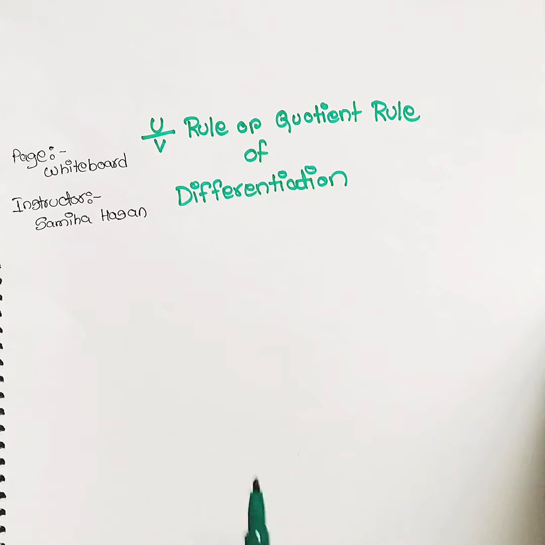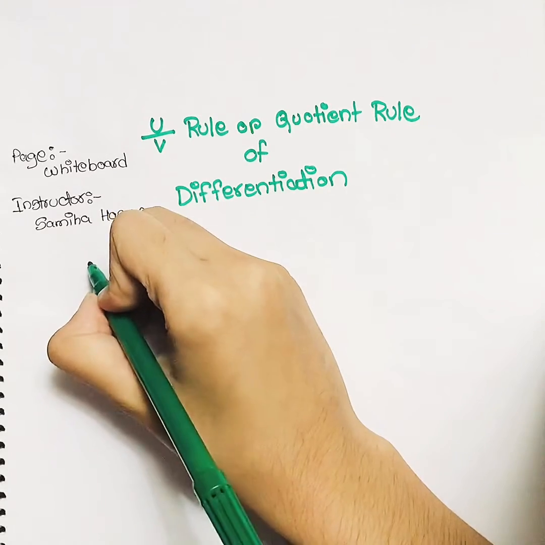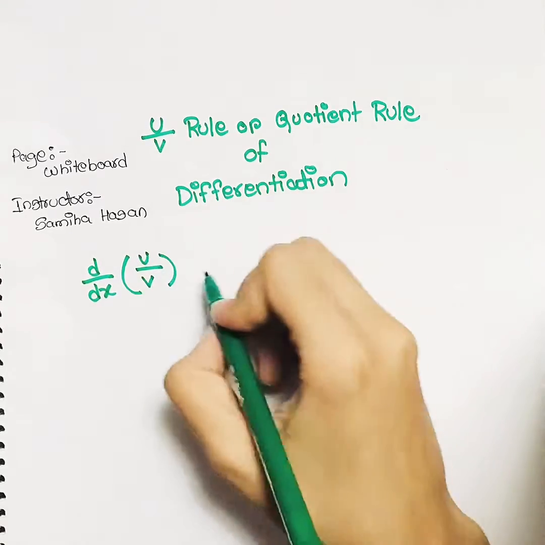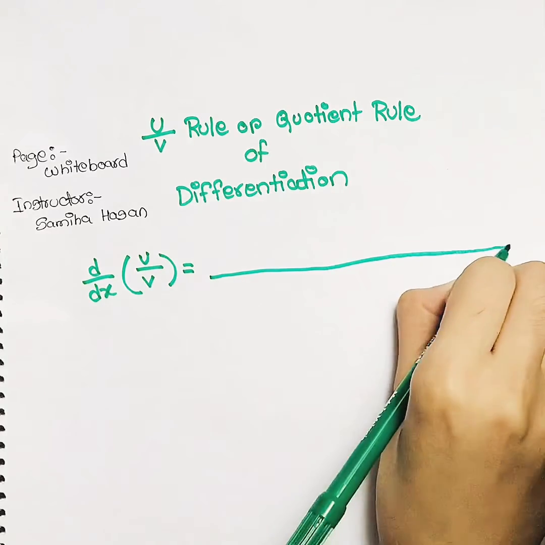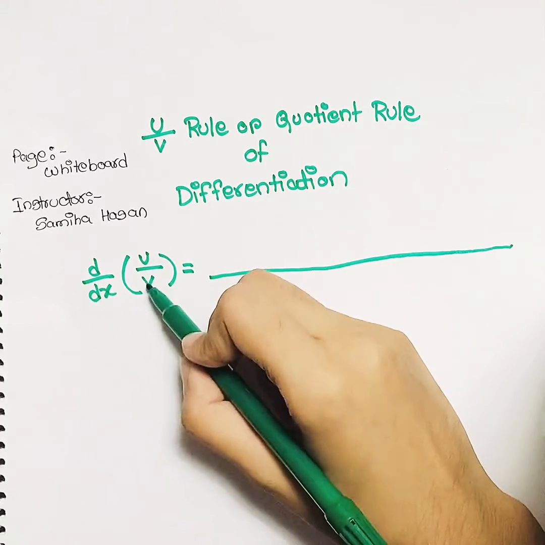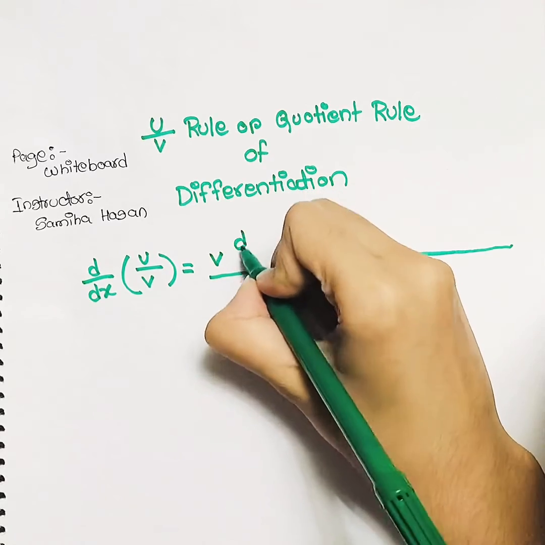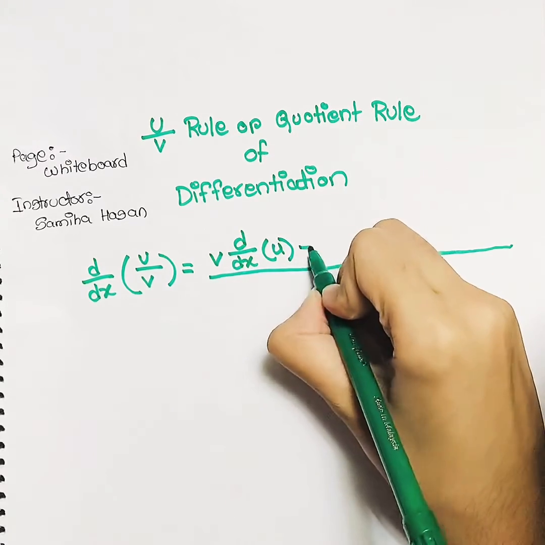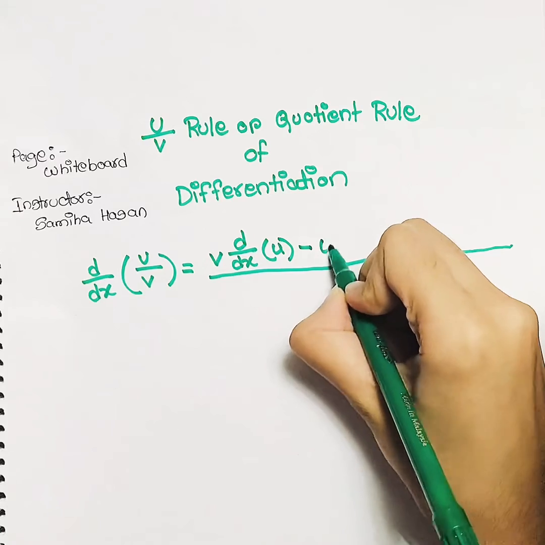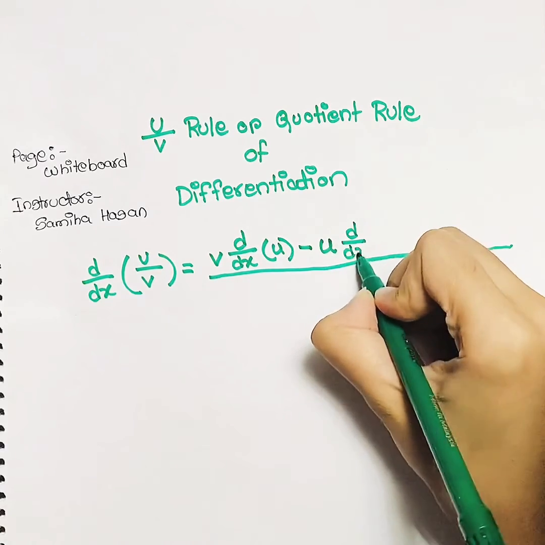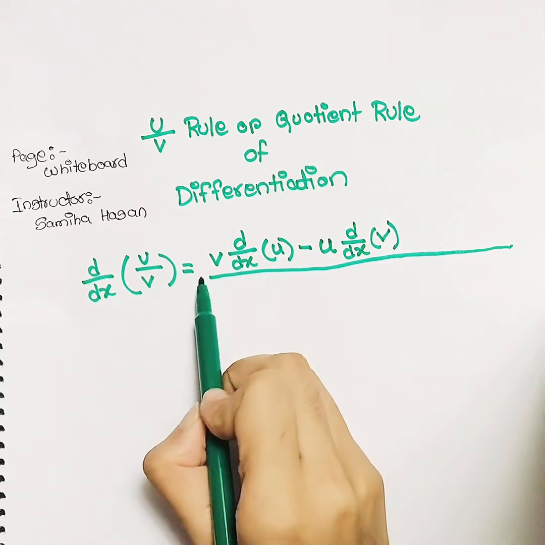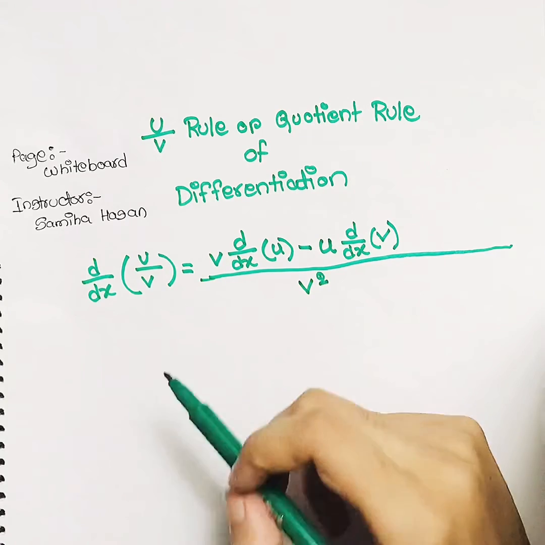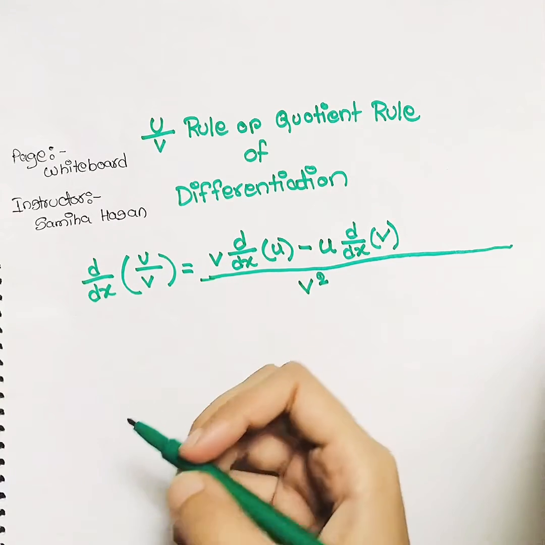Suppose there is a fraction denoted by U by V, then the derivative of that fraction will be: we are going to first keep the V constant, and then differentiate U. After that we put a negative sign, then keep the U constant, differentiate the V, and divide this total thing by V square. So this is the U by V rule or the quotient rule, and here U will be